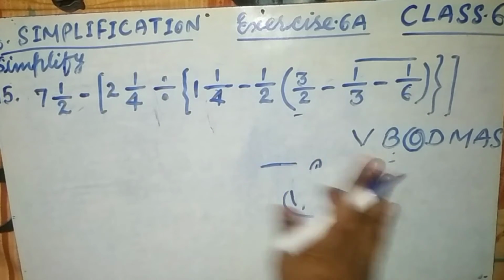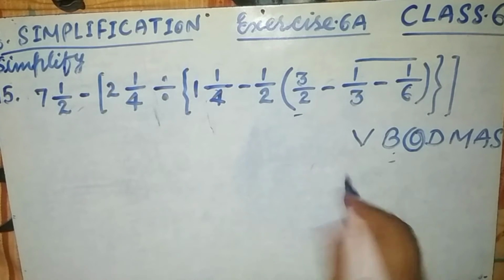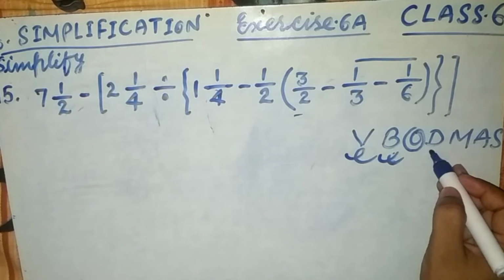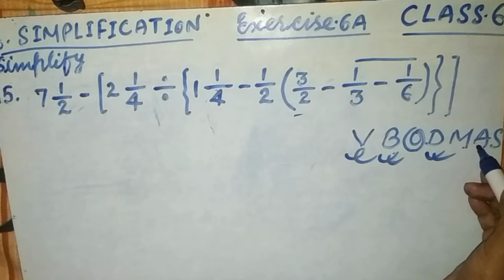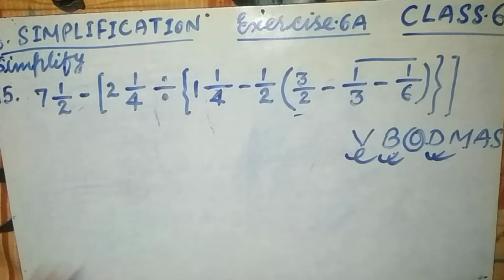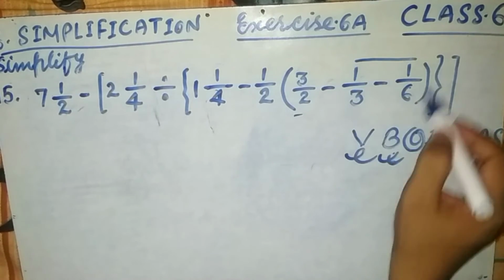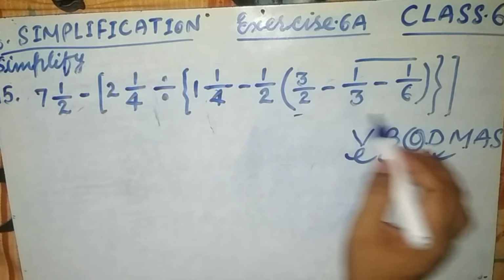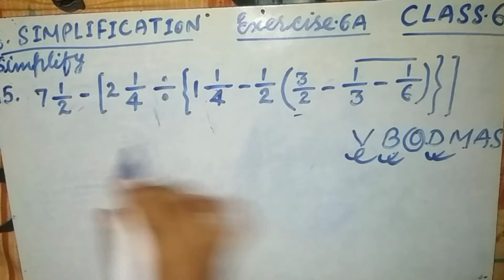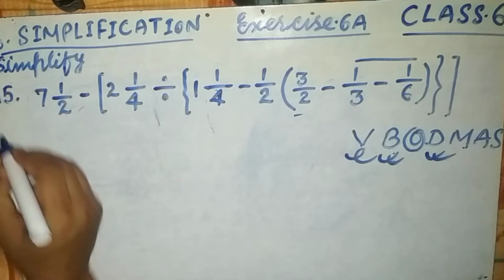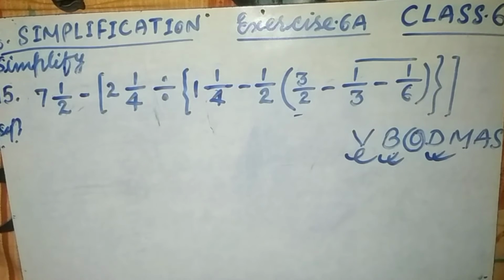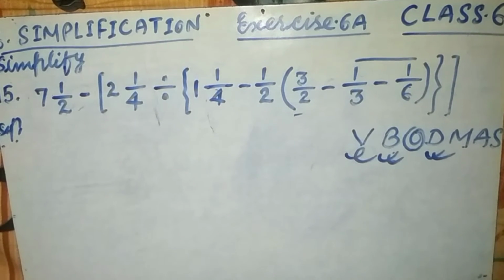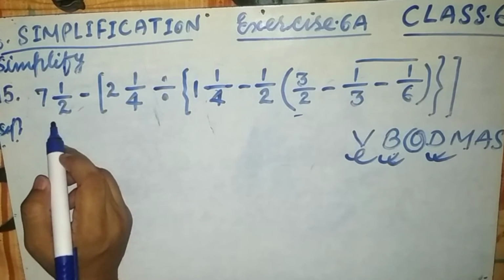Okay, now this question consists of division, yes, multiplication is yes, because there is a bracket means multiplication, addition is yes, and subtraction. Now see friends, first we have to work for this. Come here, then we will come first here, then sort out this problem. 1 by 3 minus 1 by 6. Now see friends, here is the as it is. Write the solution first. Solution: change this mixed fraction into improper first. Now we have to multiply 7 by 2, 2 7s are 14 plus 1, 15.